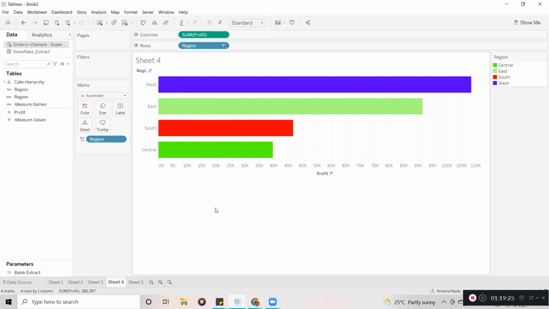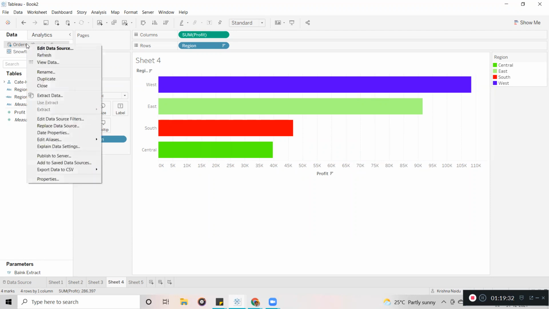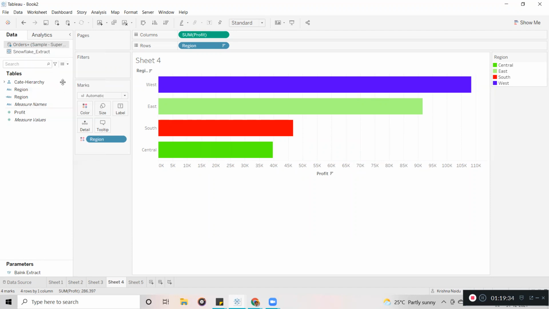The data will come, but for example, this is a live connection. Whenever we click on refresh, it is not going to bother about those; it is only going to consider the active fields. The performance is improved that way.